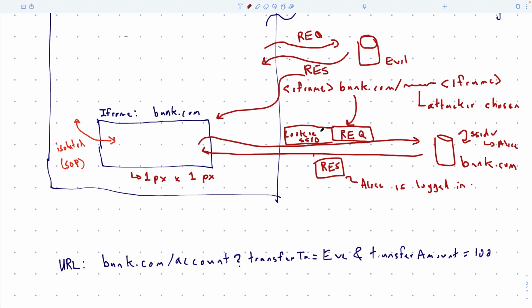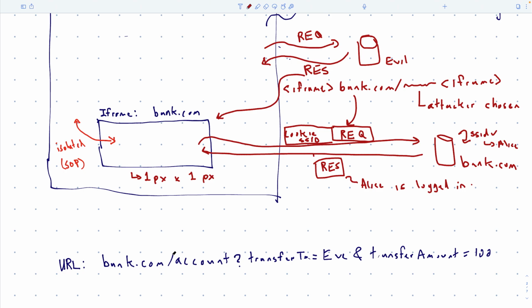Then from the bank's perspective, it's no different than if Alice logged in, went to her checking account, and filled out the form to transfer this money. When she hits the button at the end of the day, the banking website is going to create this exact URL, right? So it looks exactly the same. The adversary knows this. He has an account at the same bank, or she in this case. And so she knows what these URLs look like, so she's able to craft that perfect URL for this particular bank. And then she's just crossing her fingers that someone lands on her page who happens to be logged in to the bank at the time, and they have $100 in their account, right? And if that happens, then the money gets transferred.